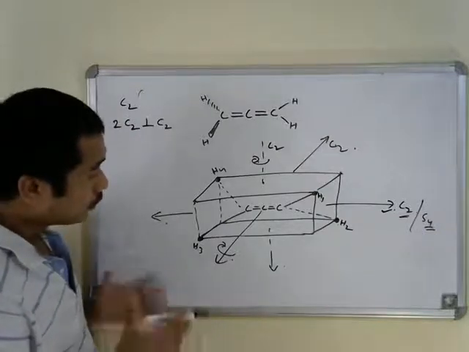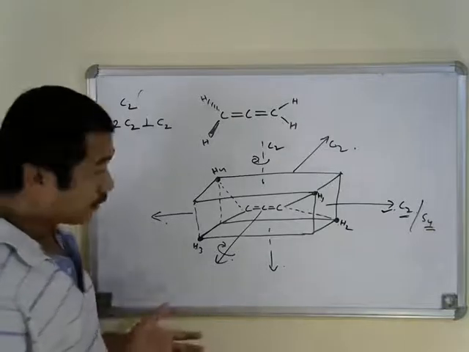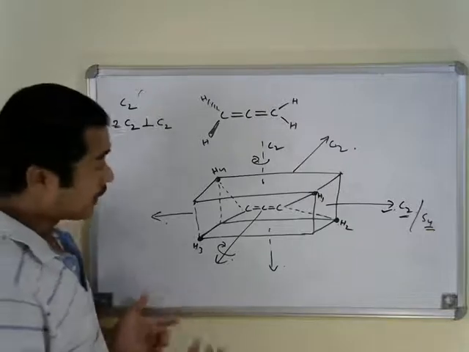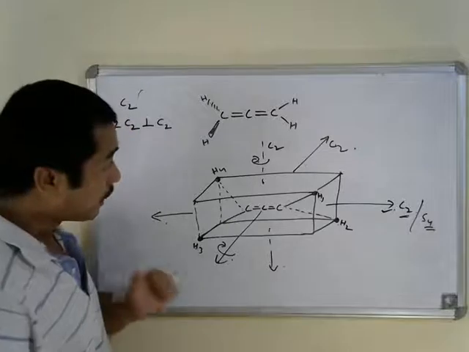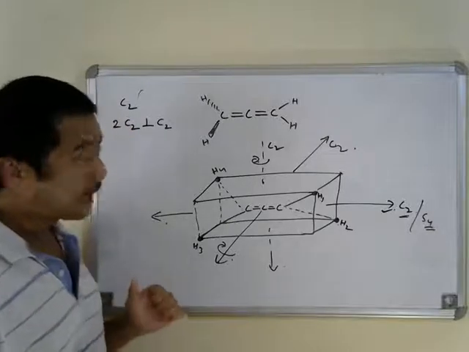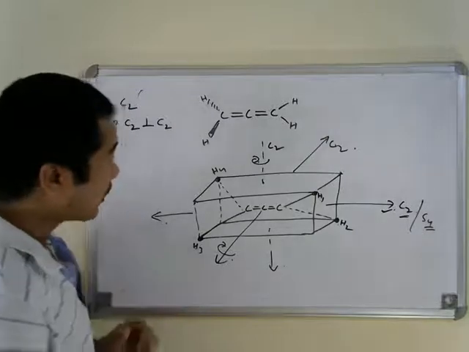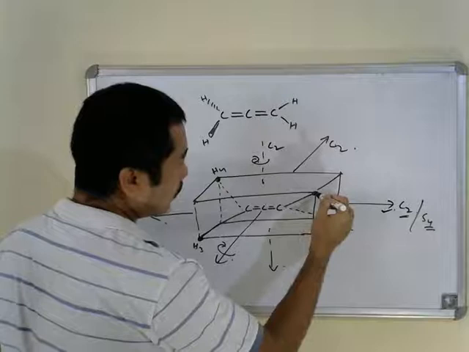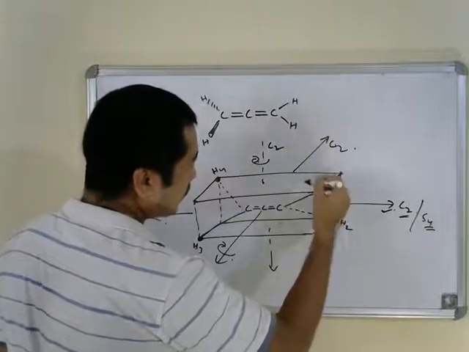Since sigma h is absent, sigma v is also going to be absent, and we should look if there are diagonal planes of symmetry, or planes of symmetry which bisect the angle between two C2 axes of symmetry, in this molecule. So now assume a plane which contains these two hydrogen atoms, or bisects the cube in this way,